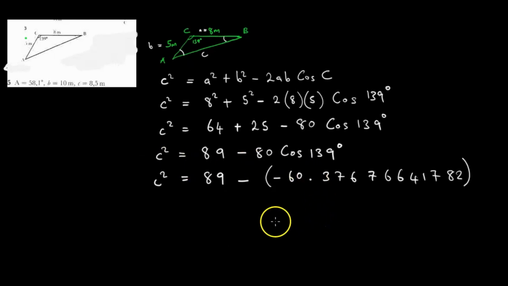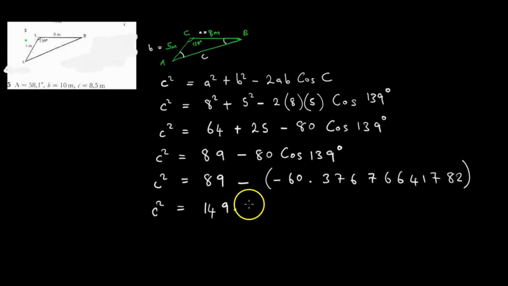So we write it as it is, then c squared is equal to 89 minus minus, we know minus minus is plus, so we have 89 plus that value, 60.37676641782, and we get